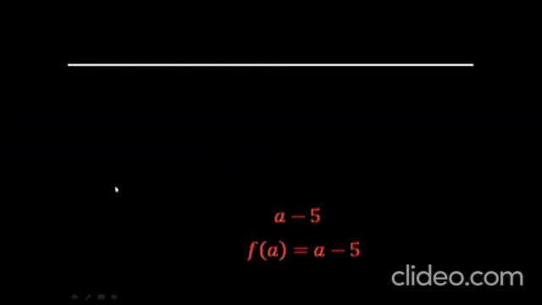So in all the results, I am talking about the left hand limit, the right hand limit and the value of the function at the point a. In all the things it is equal to a minus 5. So that's why we can say the function is a continuous function at the point a. So we can write this step: left hand limit is equal to the right hand limit, it is equal to f(a), and in each term we get this equal to a minus 5. So that's why we can say the function is a continuous function